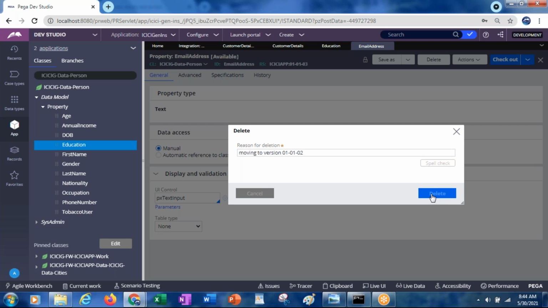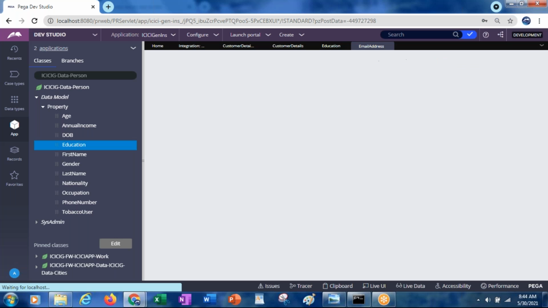I'm moving to 0100102. Why? Because all our rules are under the 0100102. So we need to save as them also under the 0100103. Otherwise, we cannot access them.